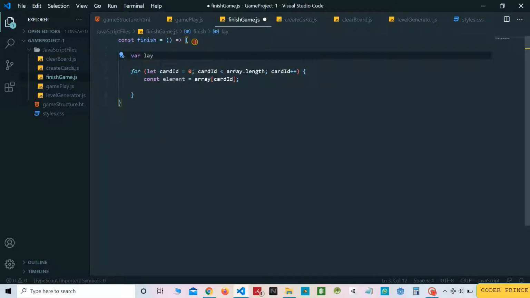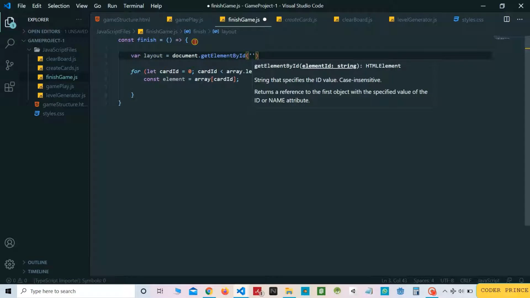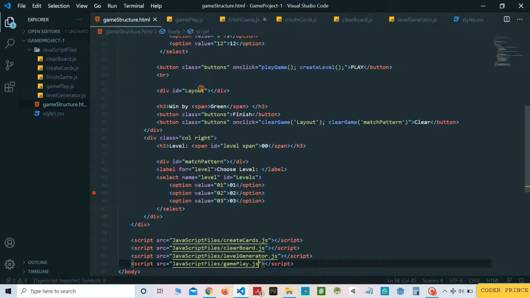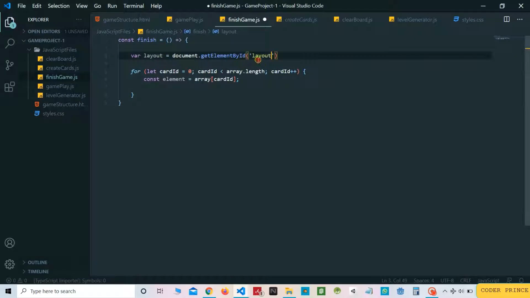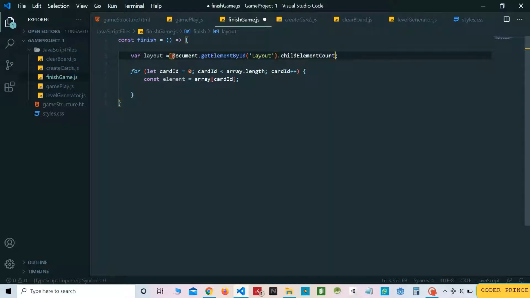So layout will be equal to document.getElementById, and I will take the normal layout, that is layout. You can check with the game structure. Yeah, the normal layout is layout. And we need to have the total child of that element, so layout.childElementCount. This will return the total number of cards that the layout has.